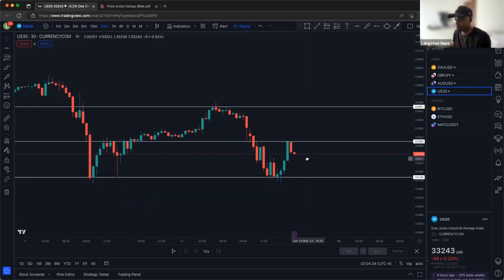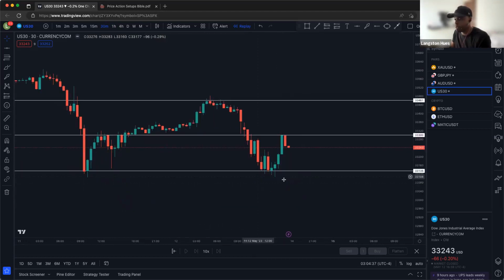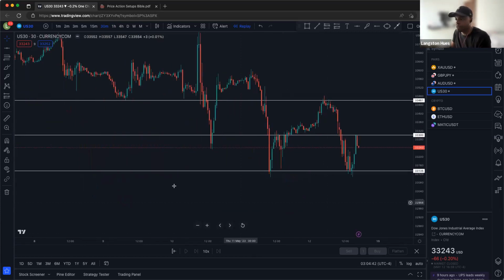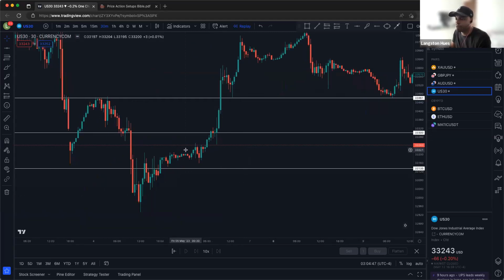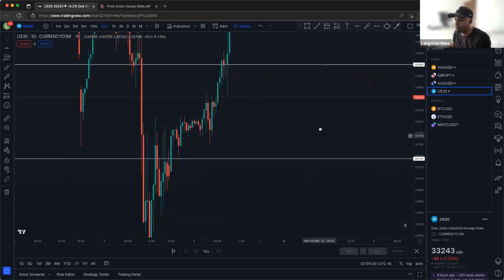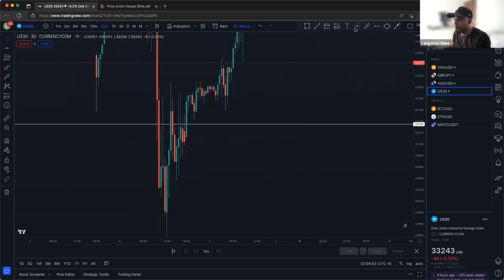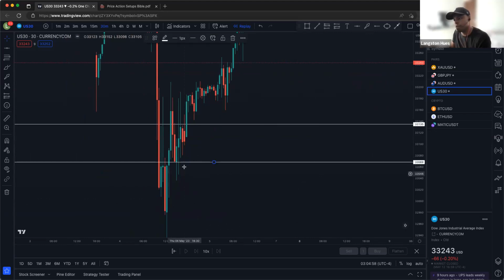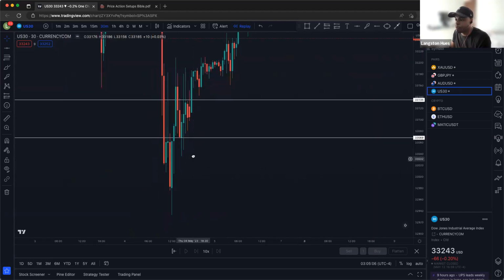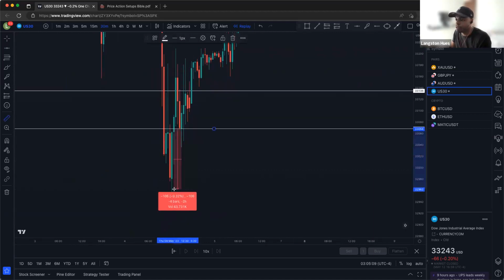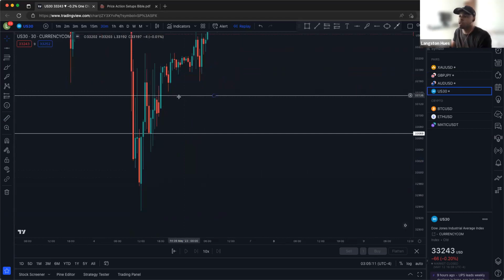If price wants to drive below this and break below this strong support, we got to look left to see where the next level would be. Okay, we came down to here. It's not clean traffic. It's not clean, but if price was able to drive below there, then we can say maybe right here, and you can wait. You don't have to take those trades. If price closed below here, it's very choppy. But if price closed below here, this is clean traffic. So you can wait.